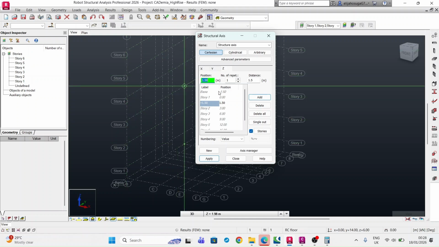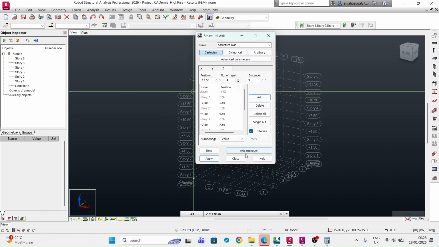So we're going to add 4 more. Here, just going to click on 4, and here I'm going to add 3 meter repetitions, and then let's click add, and there you go. If we apply, we can see the difference. Now let's close,